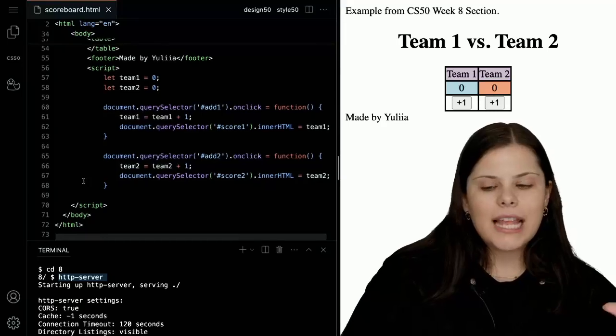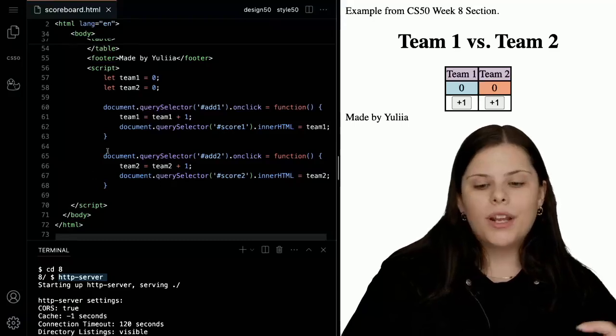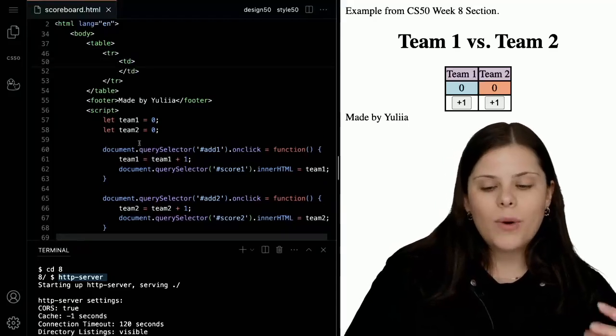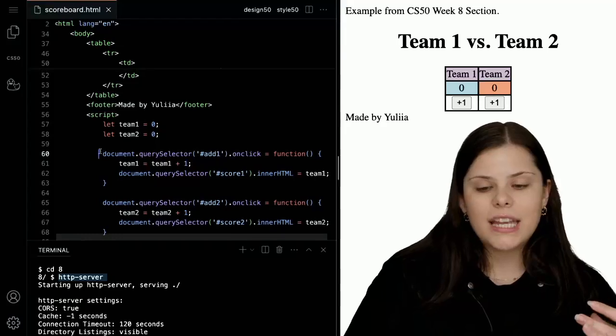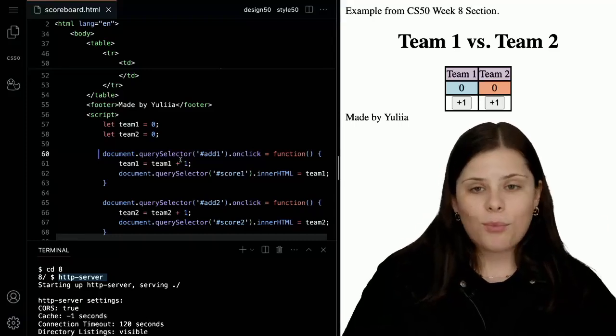But if it is some functionality that you would hope to implement after the web page is loaded, putting it on the bottom is more handy, because if I put this code on top, when it's running, for example, line 60, it wouldn't even know what #add1 is because we haven't reached that point in the